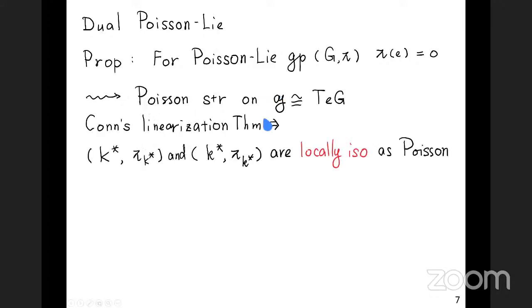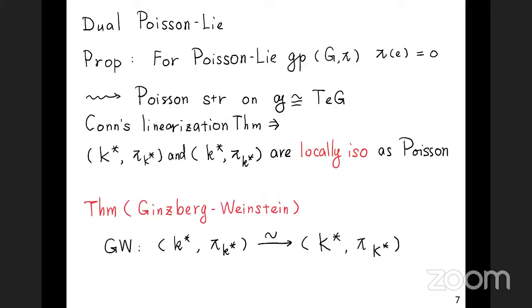And by Conn's linearization theorem, capital K star and little k star with their corresponding Poisson structures are locally isomorphic as Poisson manifolds. And later, Ginzburg and Weinstein showed they are not only locally isomorphic, but actually globally isomorphic. But of course, here they are isomorphic as Poisson manifolds, not Poisson Lie groups, because on one side we have an abelian group, and on the other side we have